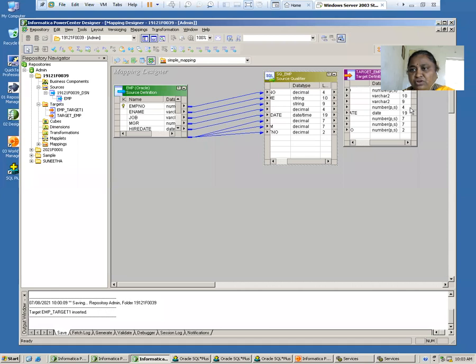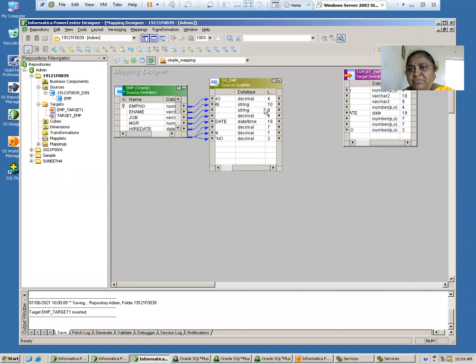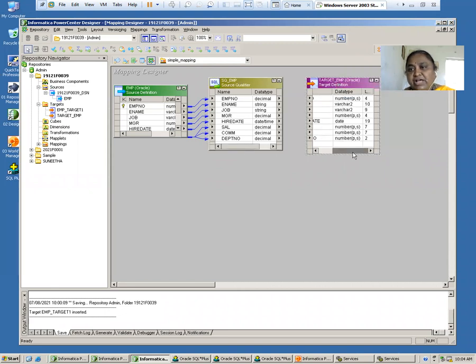Right, decimal 4, decimal. Date 19. If your length of the records is not matching and your data types are not matching, then what happens? Your transformation is not possible. That is why you have to match both your data types as well as the precision values.